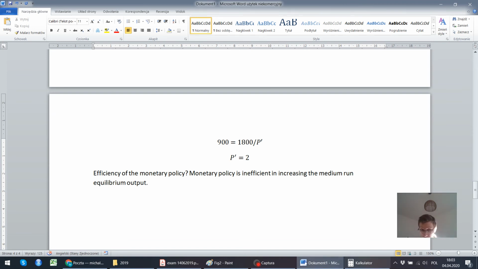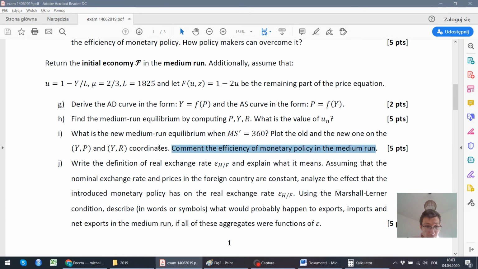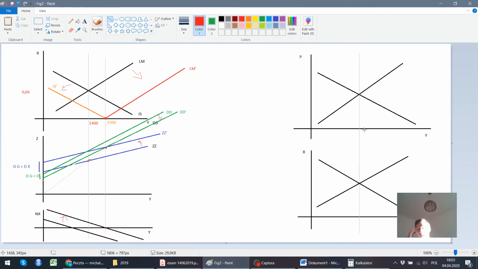And to see this graphically, and this would be the last thing that we will do in this tutorial session, we will plot the old and the new equilibrium on the YP and YR coordinates. And this is the second part of the graph that I prepared here, so that we can analyze how the new equilibrium looks like